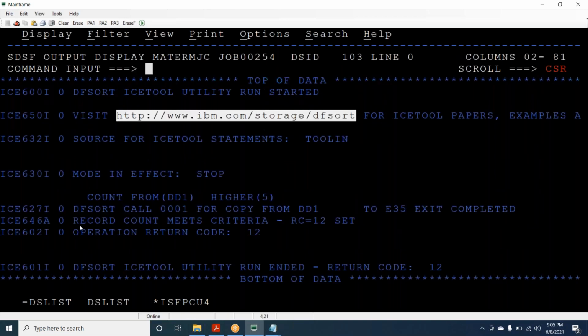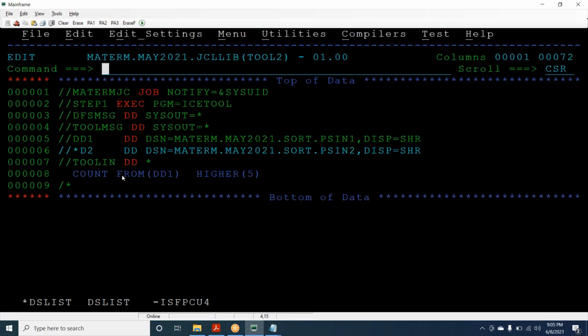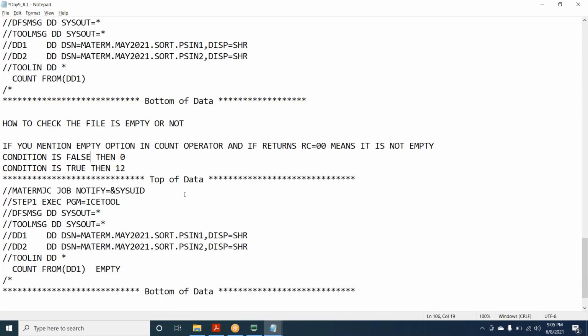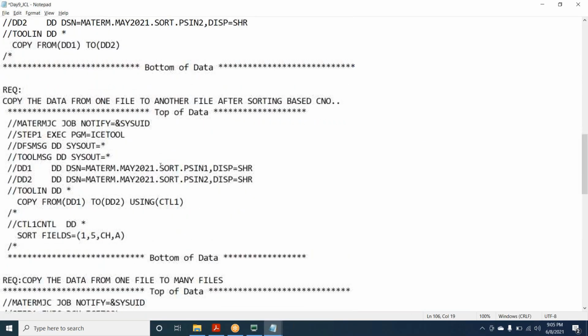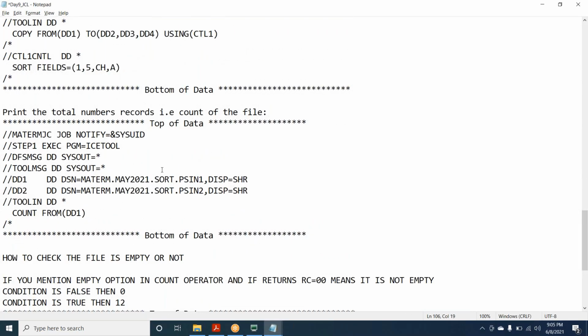Now, record count means return code is 12. What does it mean? Whether this file has greater than 5 records or not. Tell me, it has 9. HIGHER means greater than, right? It's true.